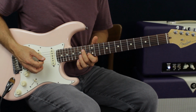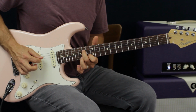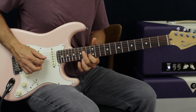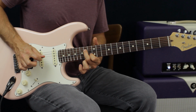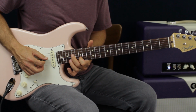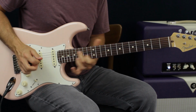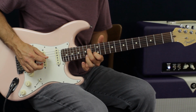Now I'm going to go back to the 14th and 13th frets, but I'm going to hang on this guy a little longer. Okay, so I do it the 4 times, and then I add that at the end. So we got 1, 2, 3, 4. And then I'm going to shift up to 17 and 15, D and B, and go 3 times. Got hung up there for a second. It's 3 times. So if we do it all together, we got...